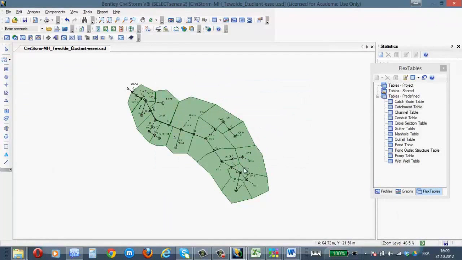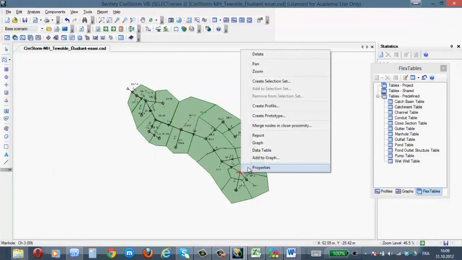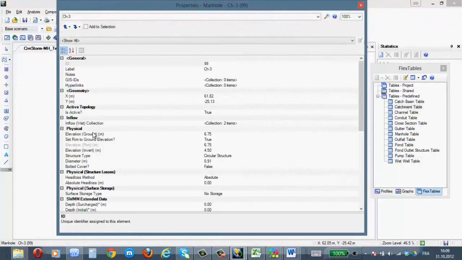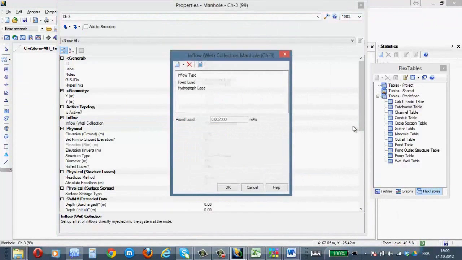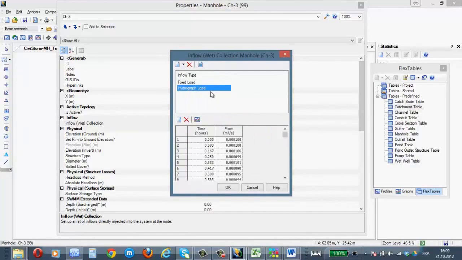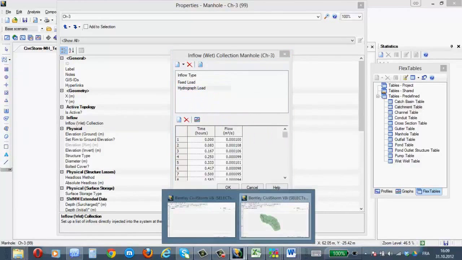You see BV3, and right click on it, property, then inflow here. You see fixed load 0. How much? 0.01, and hydrograph load is, that is the minimum